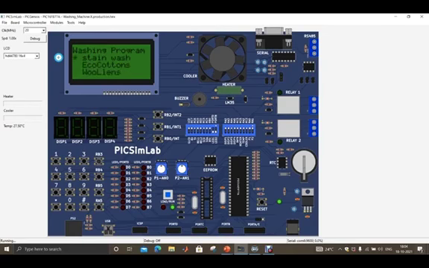In order to select a particular program, we have to long press the RB3, which I'll be showing right now. By clicking once, we can switch among the programs, and to select a program, we long press the RB3 for 20 seconds. After 20 seconds, we move on further, where it is asking us to select the water level.